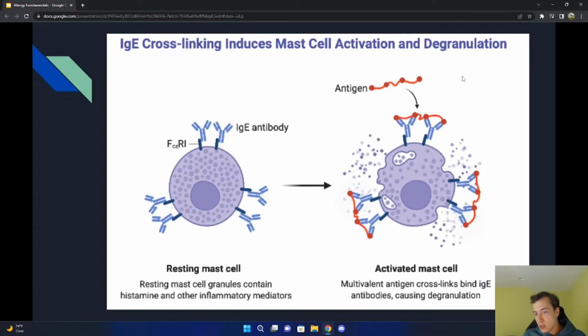The allergen gets into your body and it binds to these IgE antibodies on the mast cell, and it activates the cell, essentially releasing chemicals that are inside the cell, and these chemicals are things like histamine. And this causes inflammation and other reaction symptoms